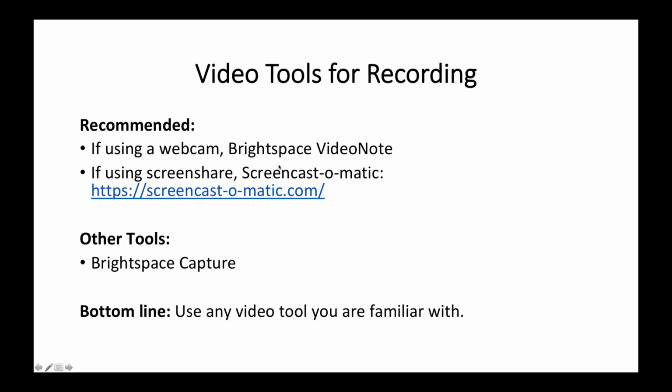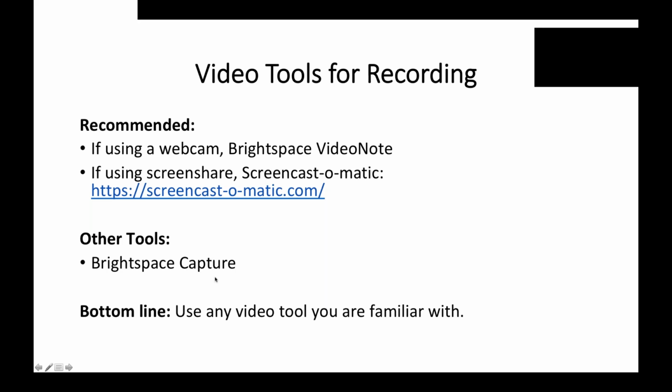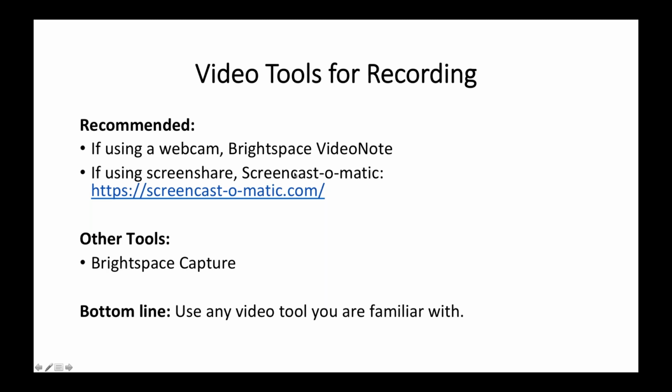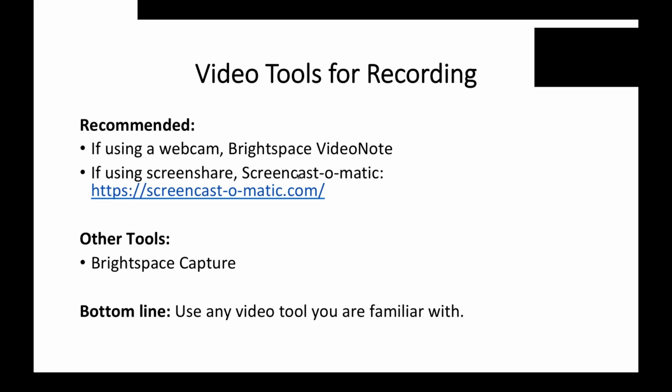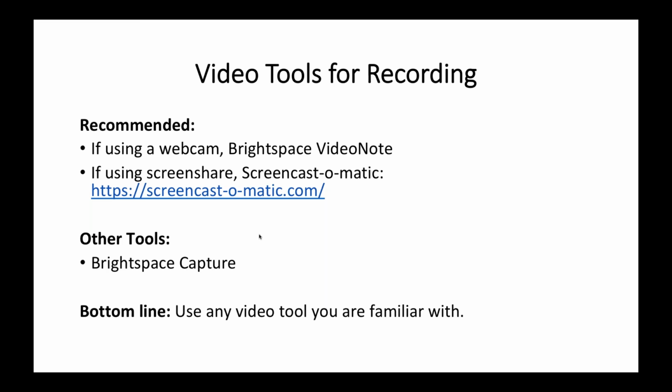And then in terms of doing a screen share, I personally have found that Capture is a little clunky to use, and so I haven't used Capture. I'm a big fan of Screencast-O-Matic. There's a free version which you can use really effectively, and then the paid version is not that much money if you want some bells and whistles. So that's my personal recommendation for screen share.